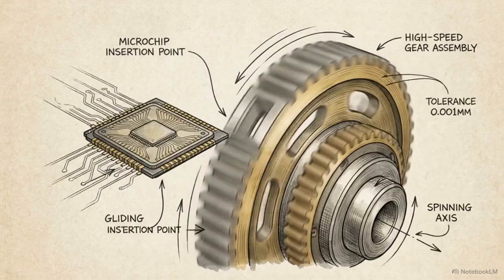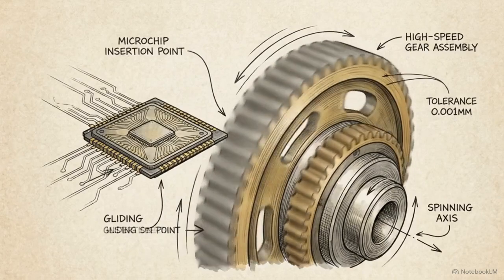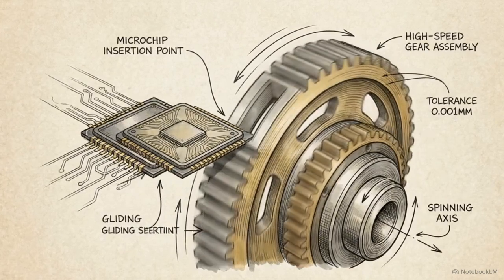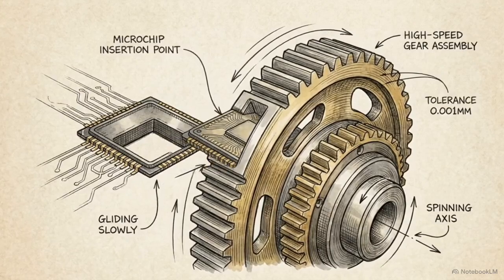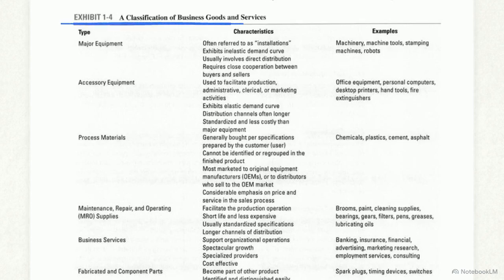A seller must convince a professional committee that their product will integrate flawlessly into an existing operation, providing technical reliability rather than appealing to impulse. Marketing strategy is further dictated by how a product is classified. Whether a good is categorized as major equipment, a process material, or a maintenance supply changes how it is priced